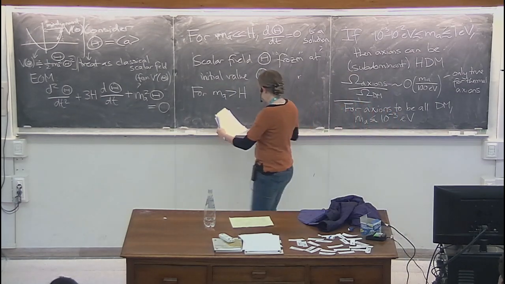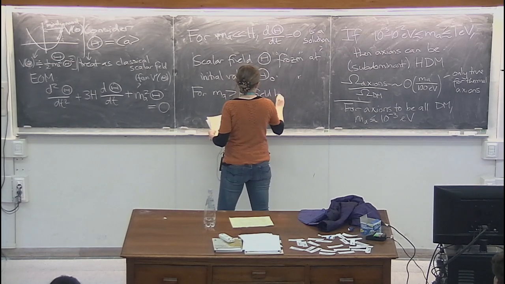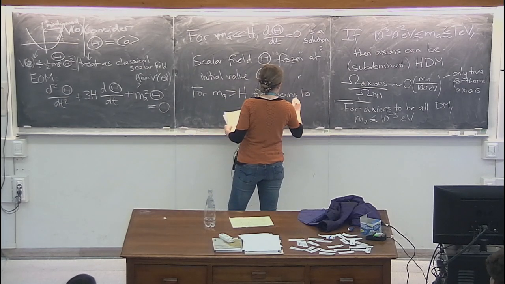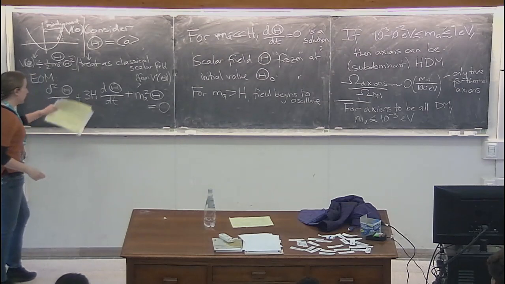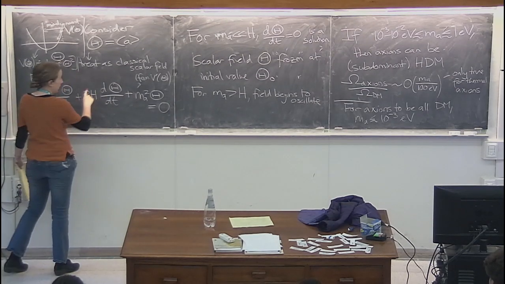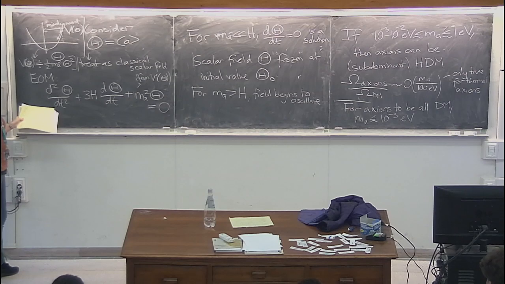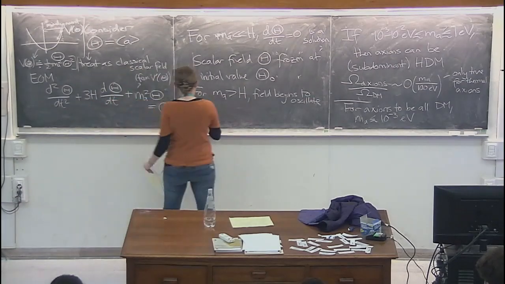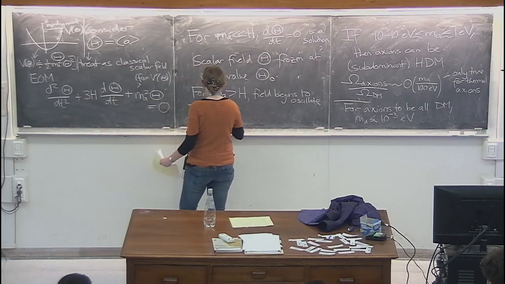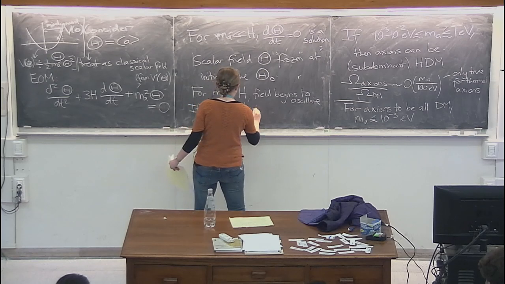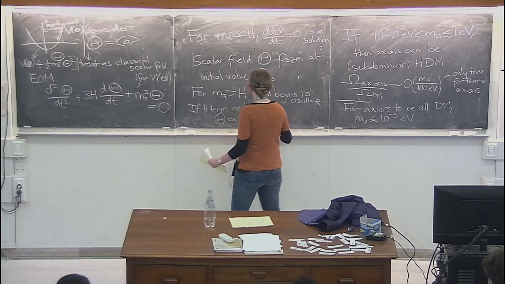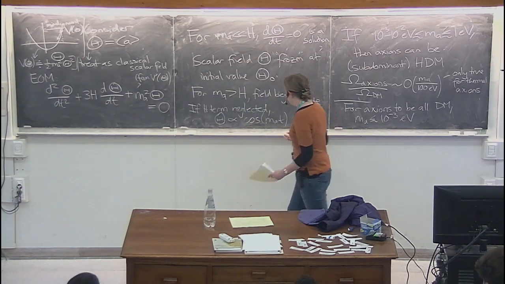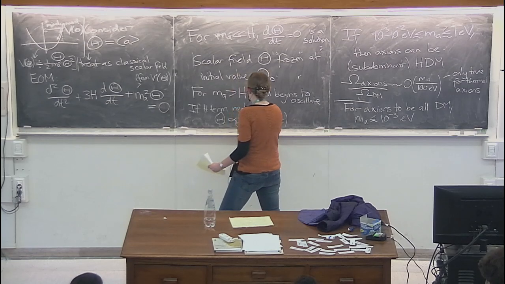Now, see why I say oscillate? Well, if I could completely ignore this middle term, this H term, if I were to just totally ignore the Hubble expansion, then we know how to solve this differential equation, right? This is just a simple oscillator. So if the H term was neglected, this would scale like cos or sine of m_a t. As t goes to 0, we want this to go to its initial value, so we would just have this solution.